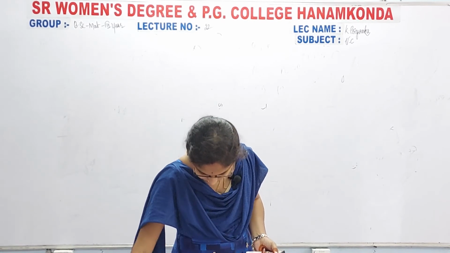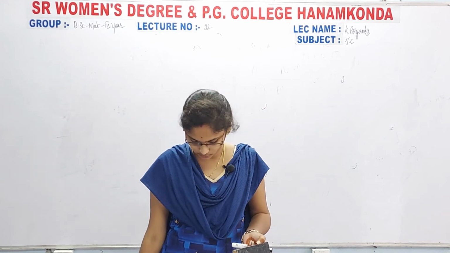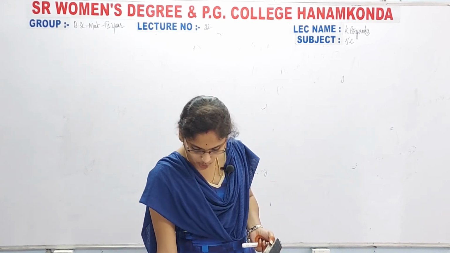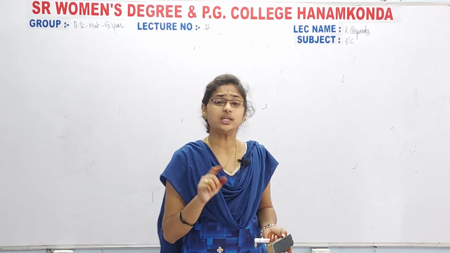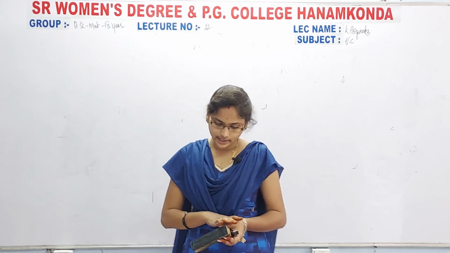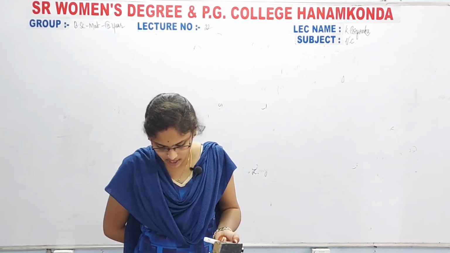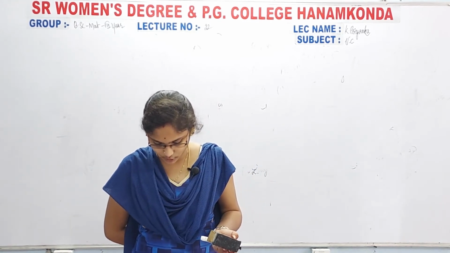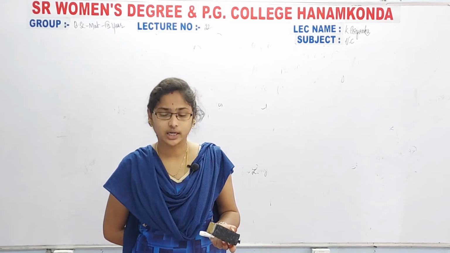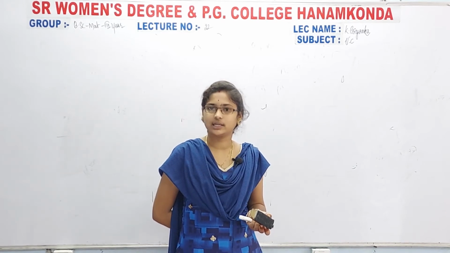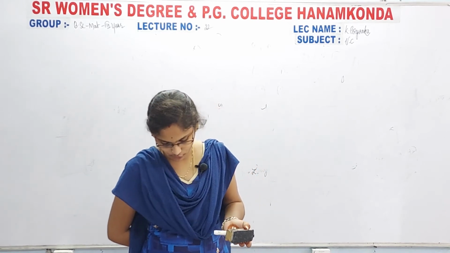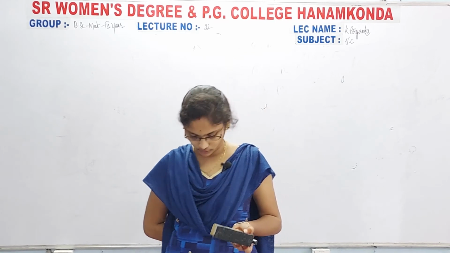Next we have another problem, that is the 34th problem: find the divergence of the vector field u equal to r. Already we discussed that problem, that is the 23rd problem, so 34 and 23 are same. Next we have the 35th, where the vector field u is defined, then calculate curl u and find the points where curl u equal to 0. Already we calculated this yesterday, that is the 24th problem. So 35 and 24 are same.